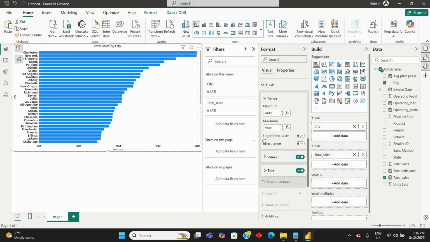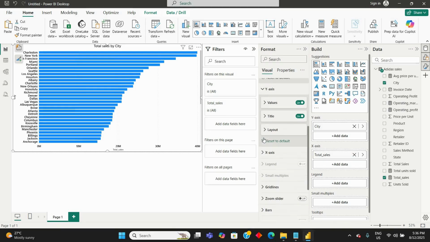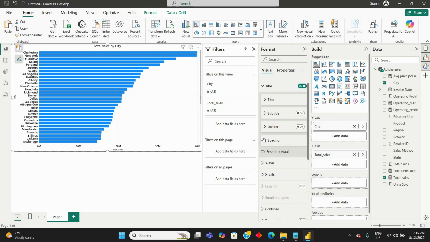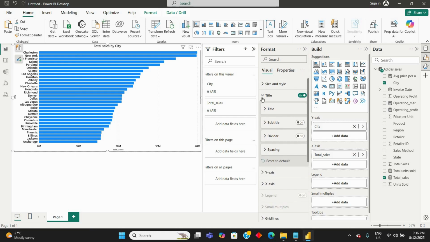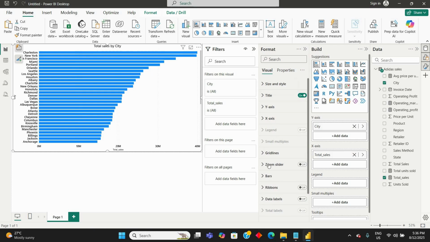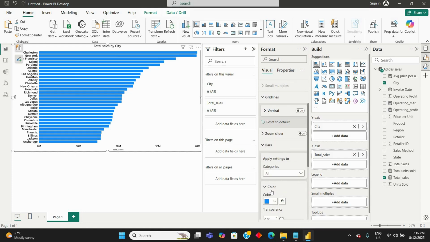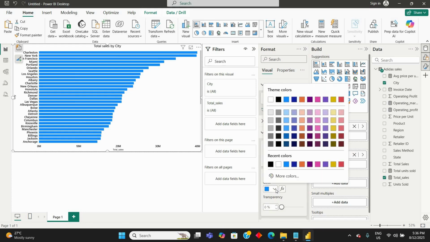Now close. Okay, so we are done with the title, and then I don't want grid line, so I can turn off grid line. Okay, for the bar you can change whatever color you want,